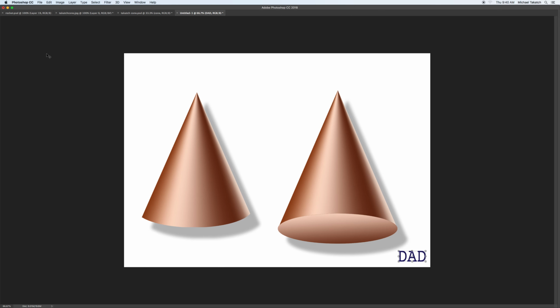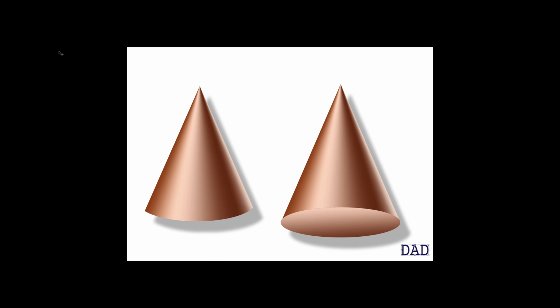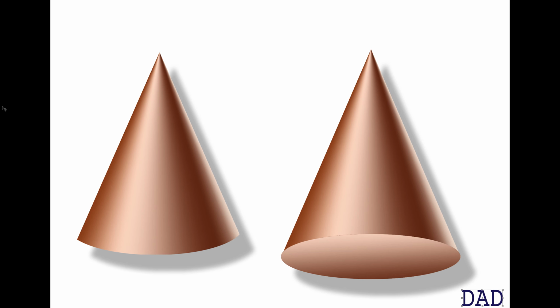If you hit the tab key, all the tools will disappear. If you hit the letter F, it'll toggle through 3 different methods for adjusting the screen, and plus or minus, so if you're just trying to show it for the presentation,